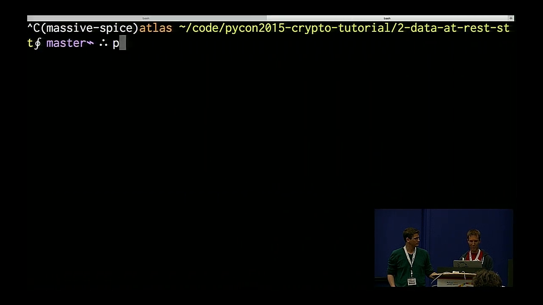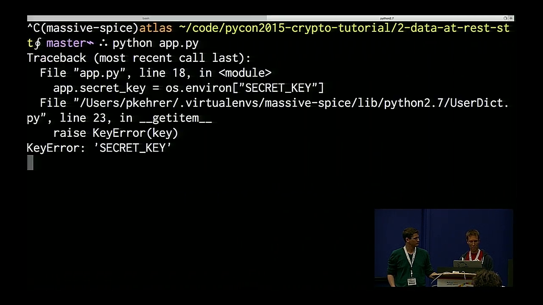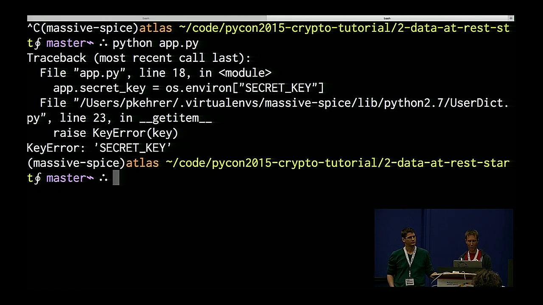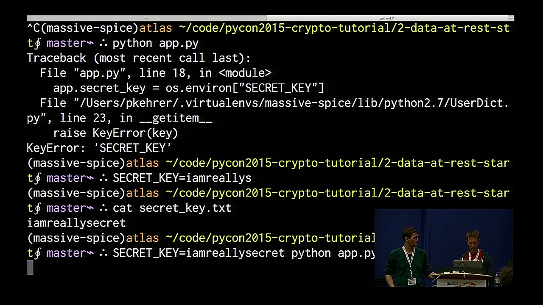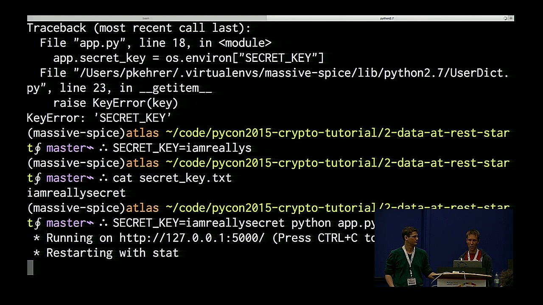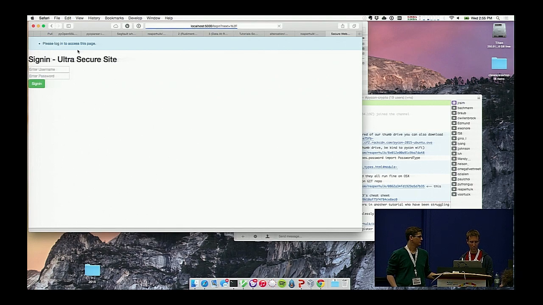If I try and run this right now, it's going to blow up on me because there's a key error. I didn't pass the secret key. So what I need to do is pass the secret key, which is "I am really secret." I can't remember what my secret key was now. Yeah, "I am really secret." I know, I couldn't remember it. And there we go. We're up and running. And if I try and log in again,